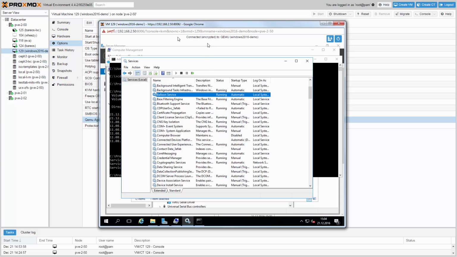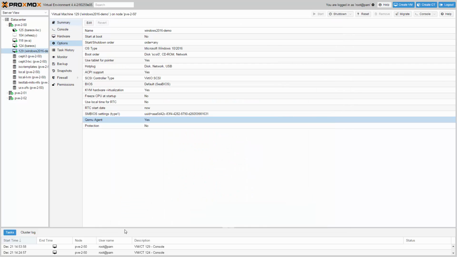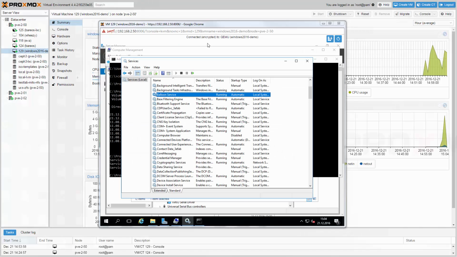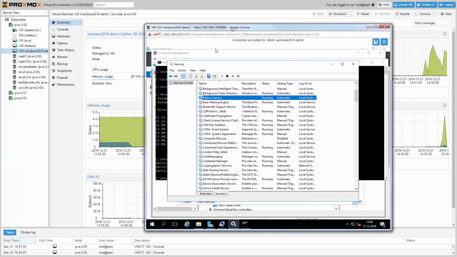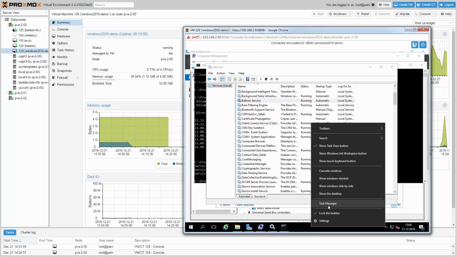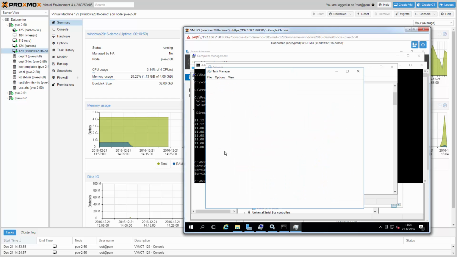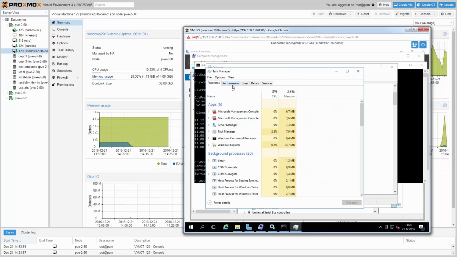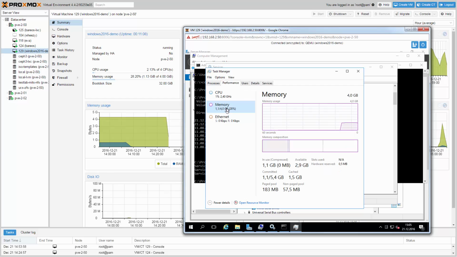One benefit of the balloon service is the better memory reporting. Open the Windows Task Manager and compare the used memory with the value on the Proxmox VE interface. This should be identical.